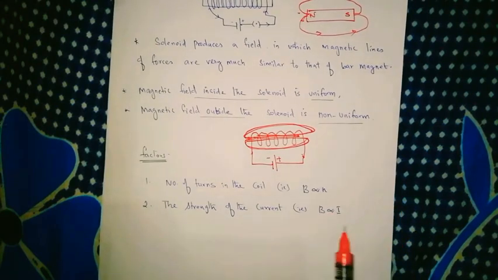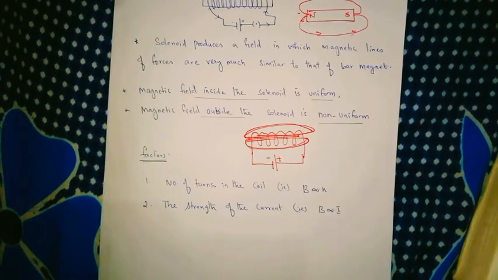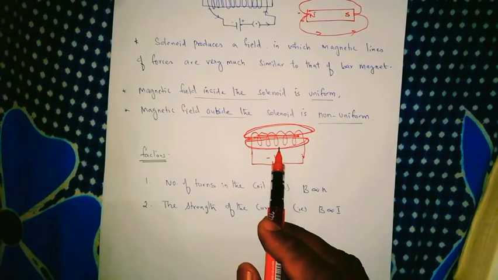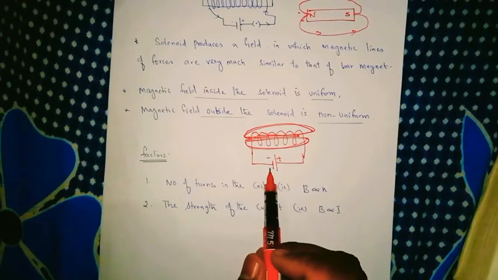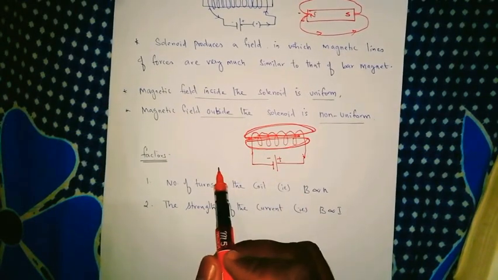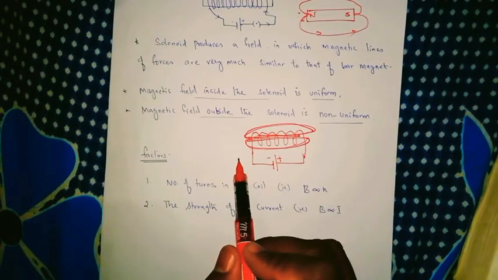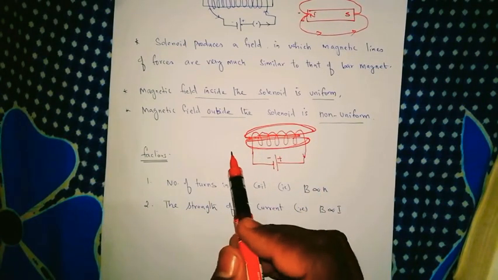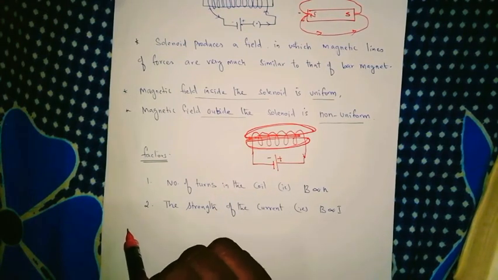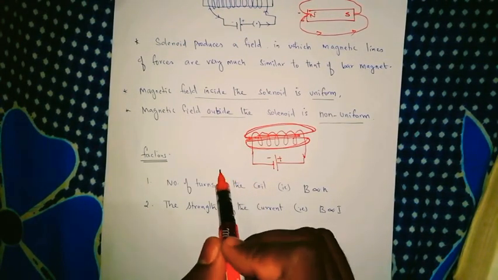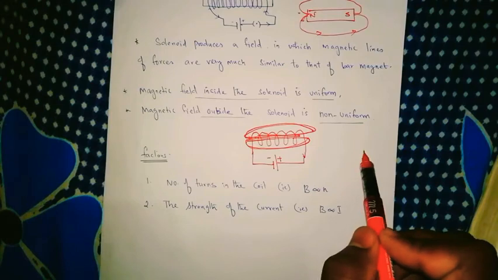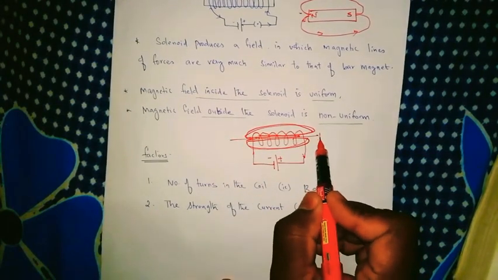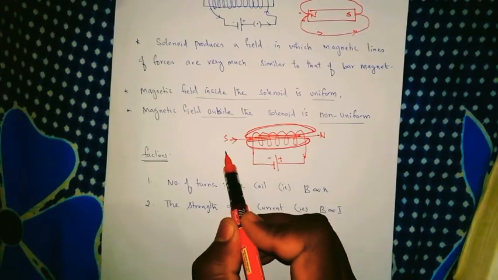Clear? So, if you see clearly, I can say that inside the solenoid the magnetic field is constant in magnitude and direction. Therefore the magnetic lines are in the form of straight parallel lines. This means that the magnetic field is the same at all points, or the field is uniform at all points inside the solenoid. And also the direction of the magnetic field lines inside the solenoid is from its south pole towards the north pole. Okay, if it comes like this, this is north and south, it is south pole towards the north pole.